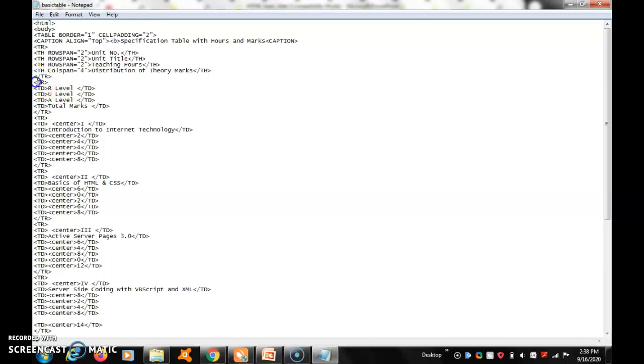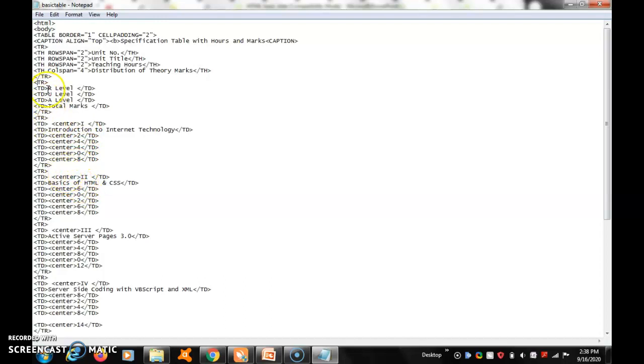All the rest is data. TR with TD. TD means the data. Unit number 1, then the unit title. So this is another table data. So here all the records start. Here introduction of internet technologies, centered data, marks also.